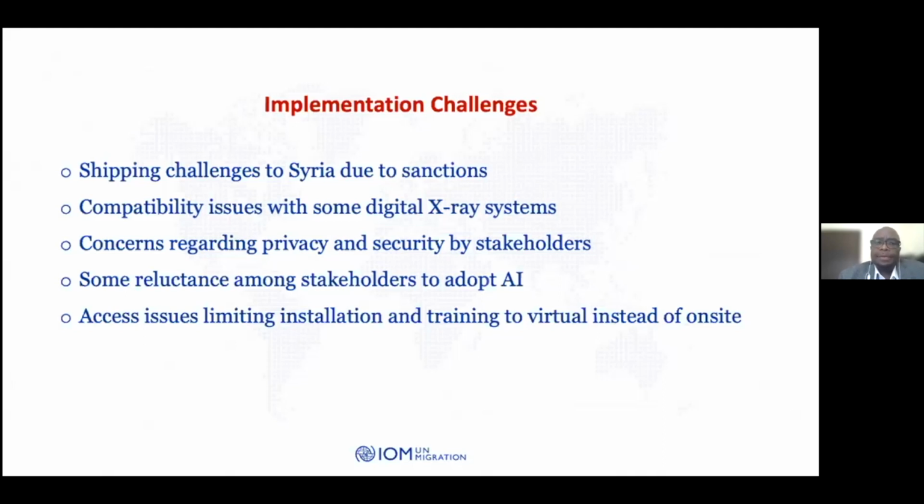Again, we're saying we're having challenges in terms of installation and training. In some instances, we feel that perhaps training could have